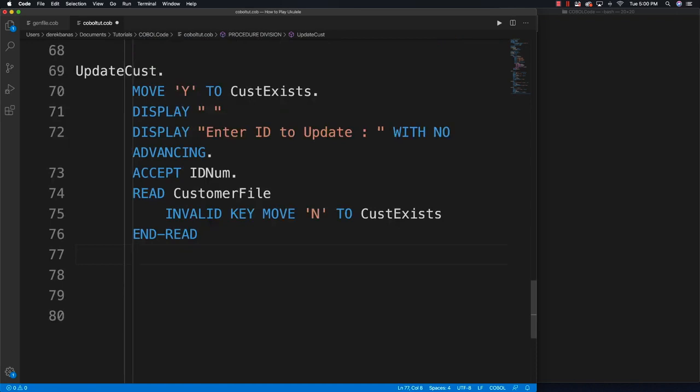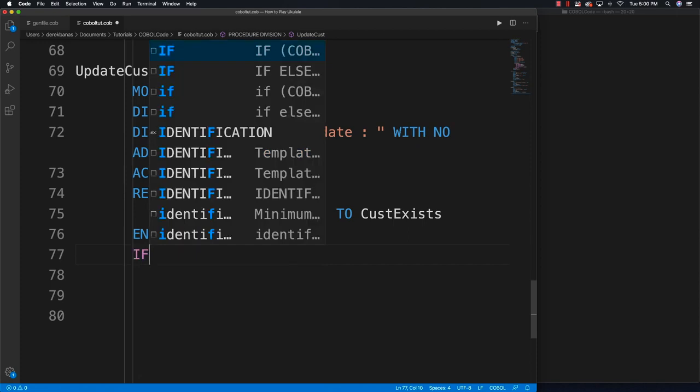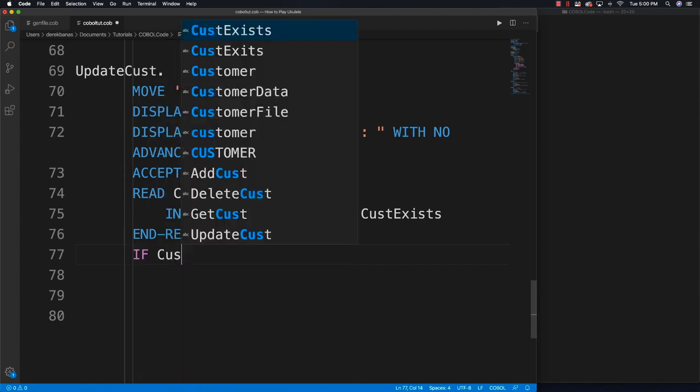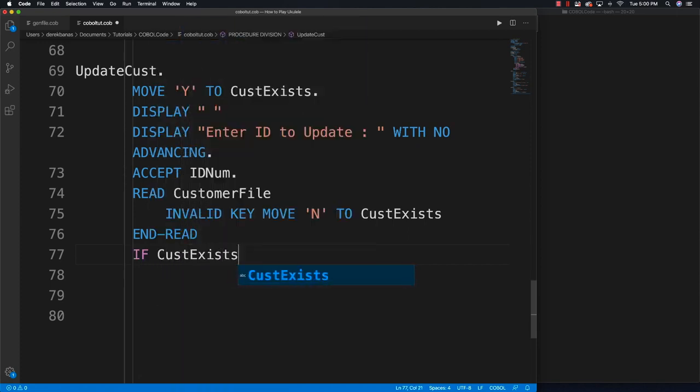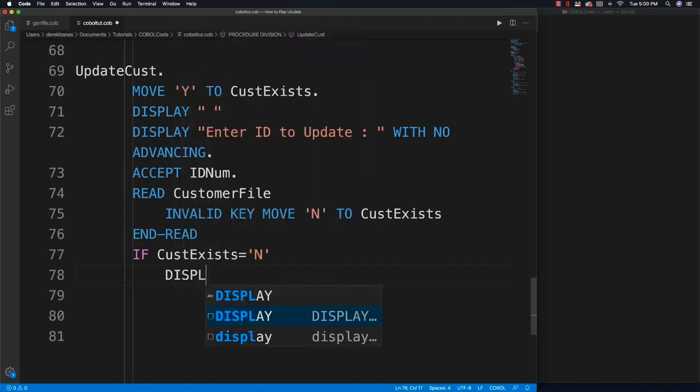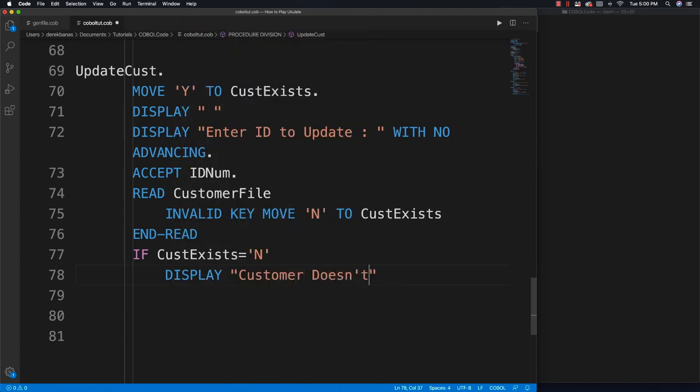Then I also want to display an error because the ID doesn't exist if it doesn't. So I'll say if customer exists is equal to N, well, display customer doesn't exist, else